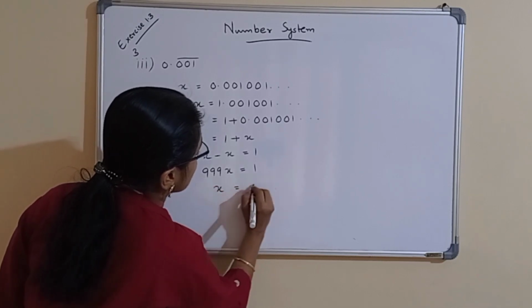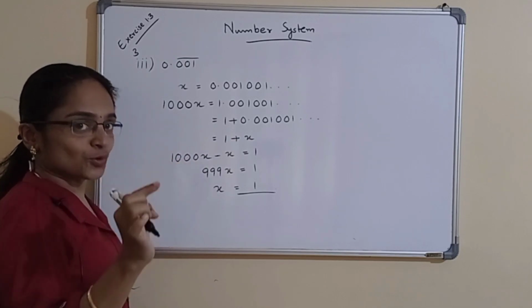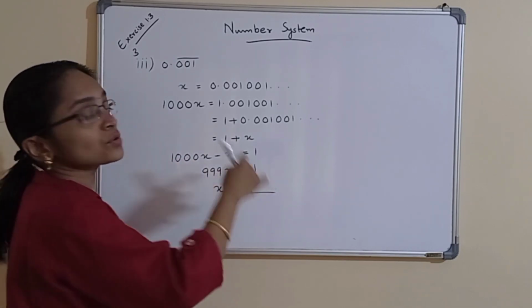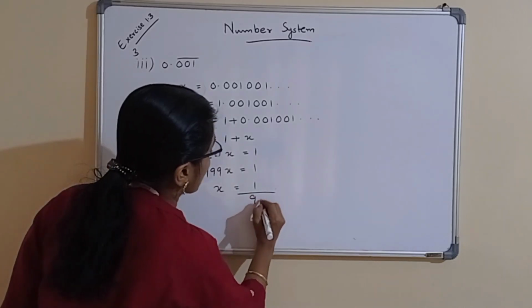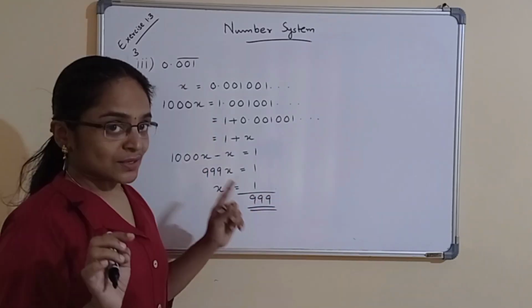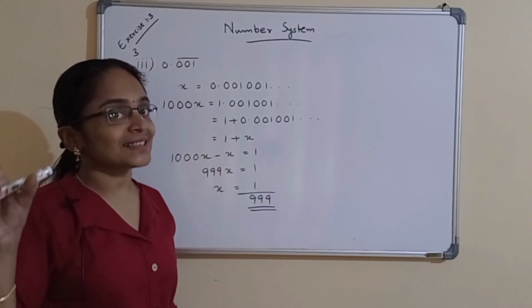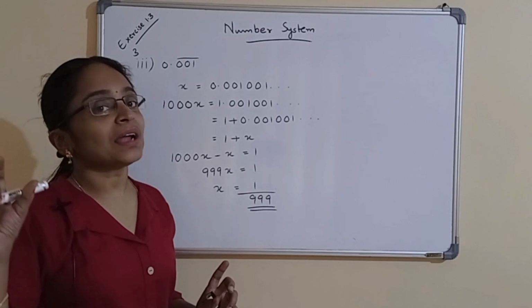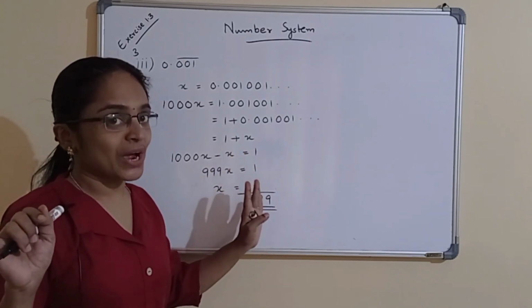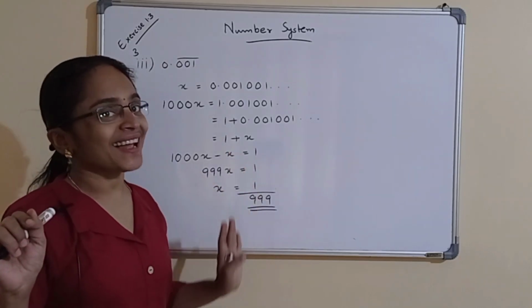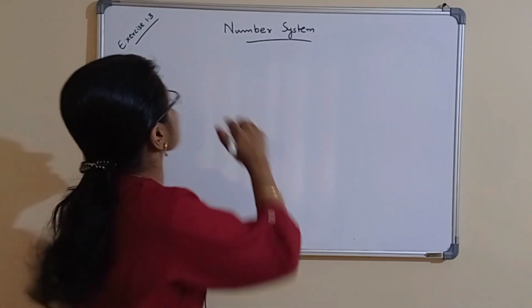So what is x? x is equal to 1 by 999. If we take this 999 to the right hand side, it will become divided by. So it is 1 by 999. So we can write 0.001 where 001 is repeating in the form p by q as 1 by 999. Understood? Now, next question is express